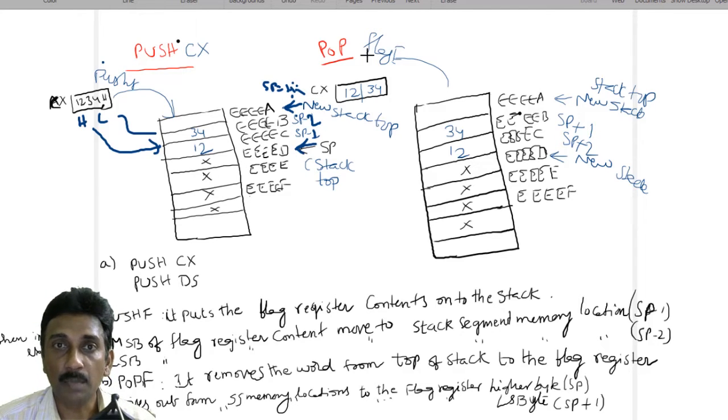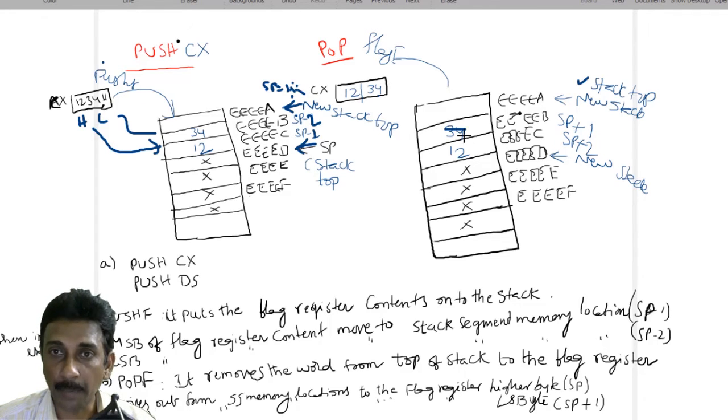Pop instruction is similar to the push instruction, but there is just a simple point you have to note down. Already 1, 2 and 3, 4 reside. So this is the stack top that we just discussed in the previous push instruction. Now I have taken out 3, 4 and 1, 2 and sent them to the CX register. After executing that POP CX instruction, this 3, 4 will be loaded into this place and 1, 2 will be loaded into this place, because the lower byte will be saved here and the higher byte will be saved here.